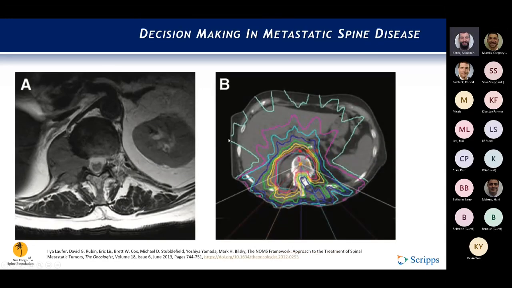For those who haven't seen it, this is an example of stereotactic radiosurgery. So this is a renal cell MET, and you can see these are varying levels of radiation. They're called isodose lines, and you can see here in this purple line you have some tumor ablative dose, and then with dose fall off so that the spinal cord is experiencing some less dose than the tumor. And you can see how conformal that can get.